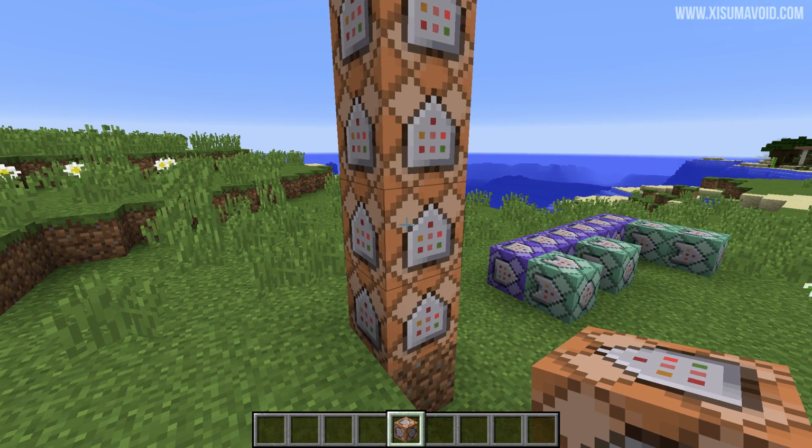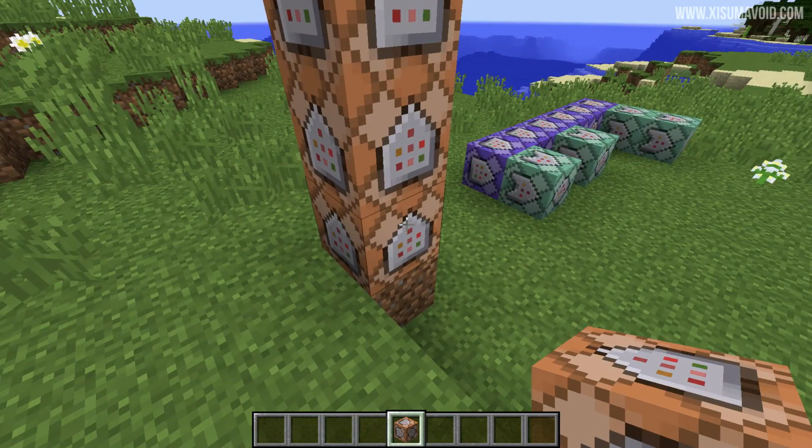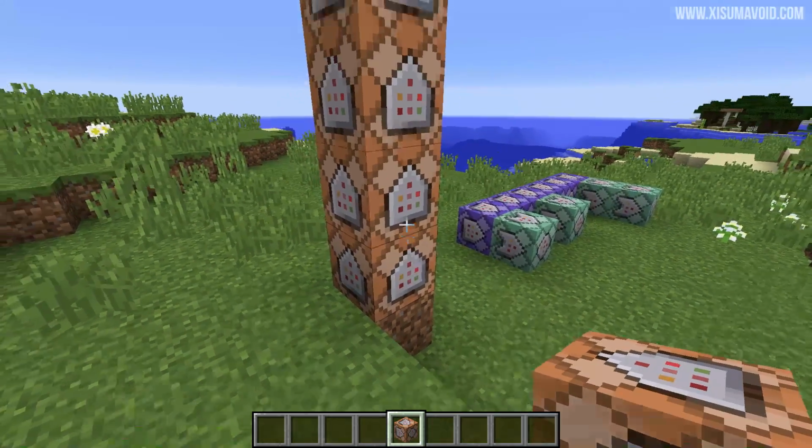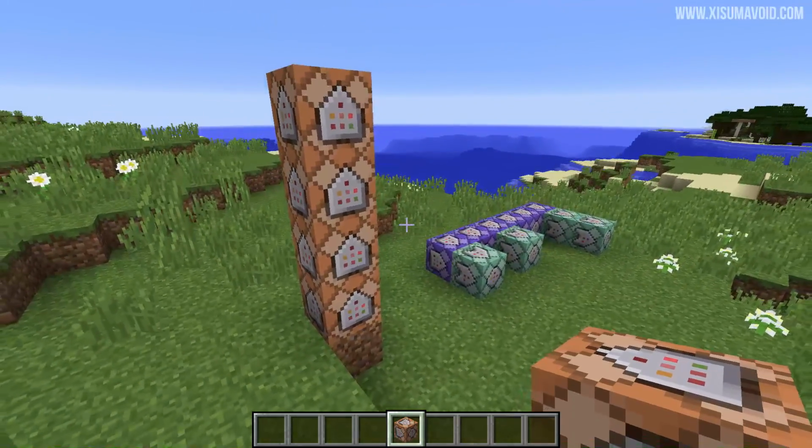And those same commands that you'll see in chat will also be in your logs and in your launcher window as well. And so to get rid of those, just type in logAdminCommands false. Use this one right here. Again, you can find all 4 of those in the description box, paste them into your chat, and then you'll